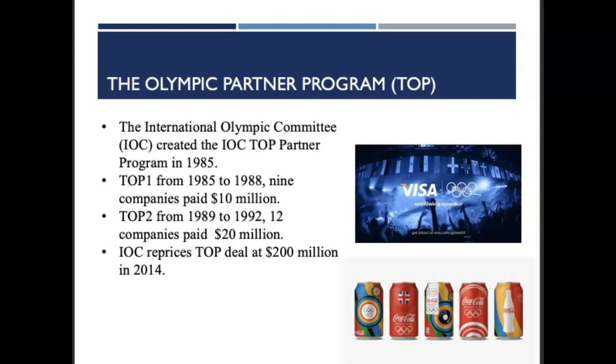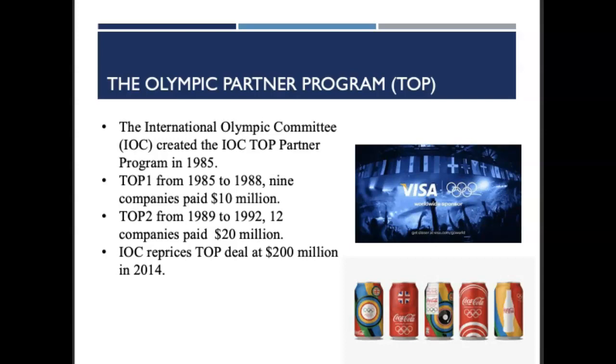It does have a global impact, right? With the advancements in media technology, the Olympic Games became everywhere while the Games are ongoing. So that really increased the value of the Olympic Games significantly,